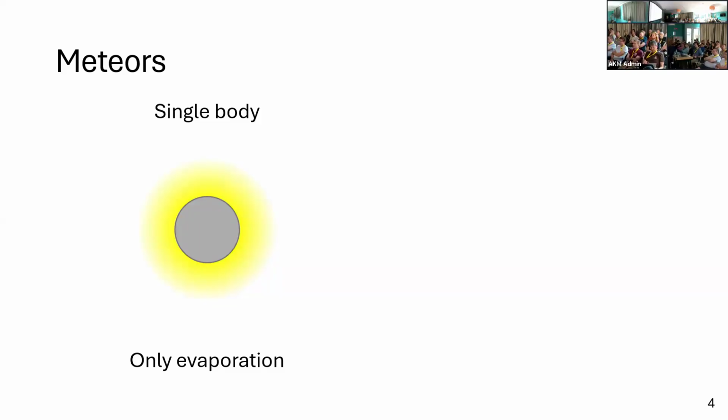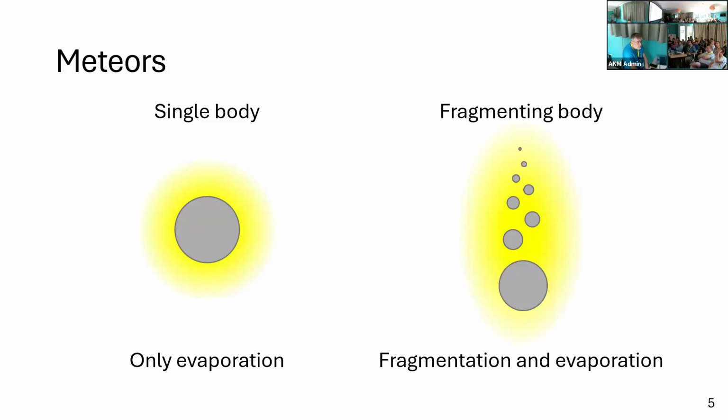If we have some small meteoroid, it enters our atmosphere, starts heating up, and due to high temperature, it starts evaporating, and the vapors start glowing, which is what we observe. But as we have already heard, there is some dynamical pressure acting on the surface of the meteoroid, so it actually starts to crumble. So some more advanced model looks like this, where we have more fragments and they glow all together.